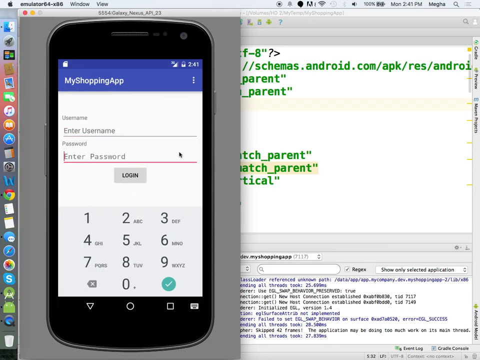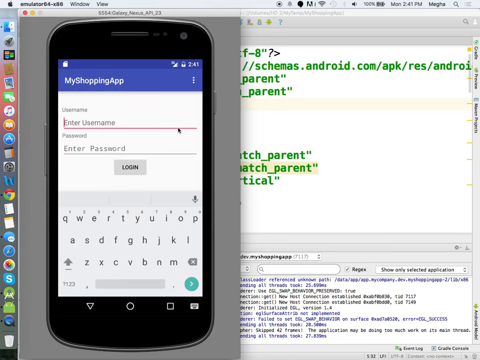So the scroll view helps to maintain some sort of panning whenever the soft keyboard appears. So I would recommend, whenever you add a form where the user is going to enter a lot of data, keep a scroll view as the parent tag.